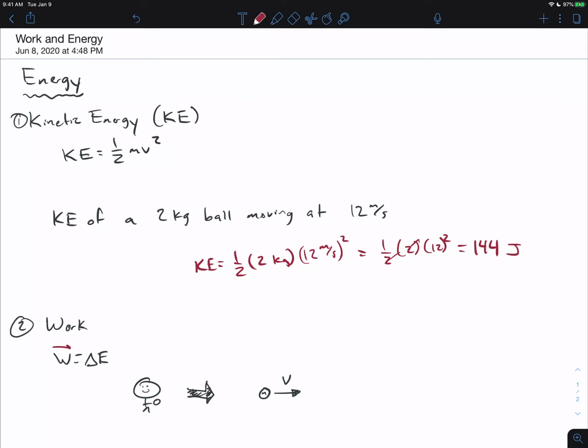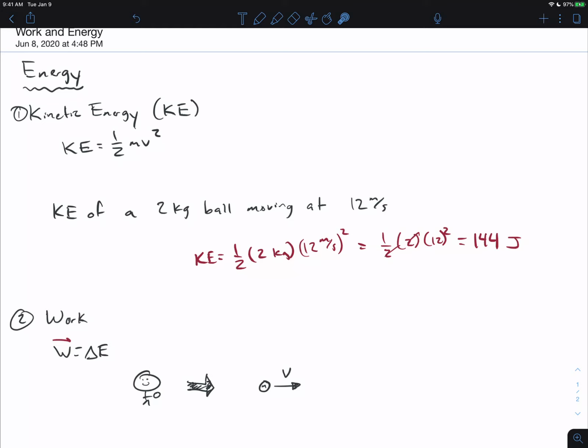So how does this work? Let's say I am holding a ball, and then I throw this ball. What has happened here, in terms of forces, is that yes, I applied a force to this ball, and now it accelerated and it's moving, right? But if we look at this from the perspective of energy, I had some energy. Maybe I had something for breakfast or something for lunch. Here, we're going to put